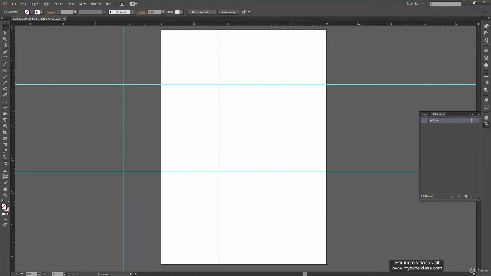I just double clicked over here and it created a guide by itself. When I double clicked on the horizontal ruler, it created a vertical guide for me. And in the same way, if I double click anywhere on the vertical ruler, it will create a horizontal guide for me.